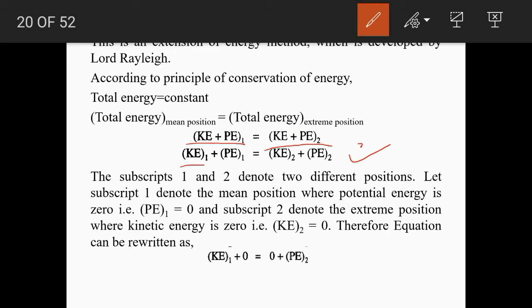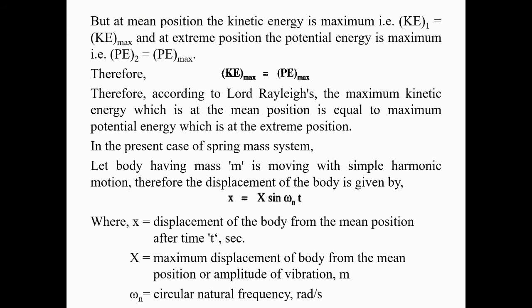Okay, so from this relation, kinetic energy at mean position would be maximum. Potential energy at mean position would be 0. Kinetic energy at extreme positions would be 0, while potential energy at extreme position would get maximum. So ultimately we can get the relationship like this: maximum kinetic energy would be equal to maximum potential energy. That is the statement of Lord Rayleigh. According to Lord Rayleigh, the maximum kinetic energy at the mean position is equal to the maximum potential energy at